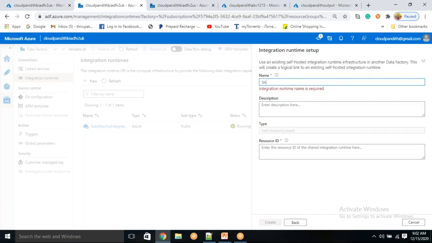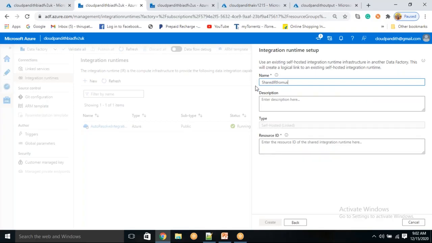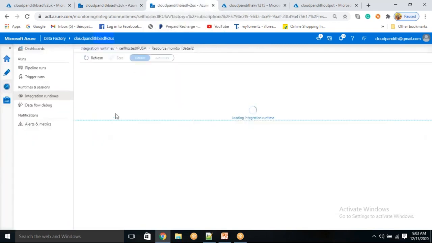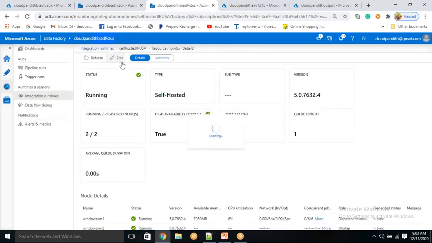If you want to use the linked service from another data factory, you need to use the shared IR from US. So you need to enter the resource ID. Resource ID of what? The US data factory resource ID. Come here, refresh this, click on this, then click edit,